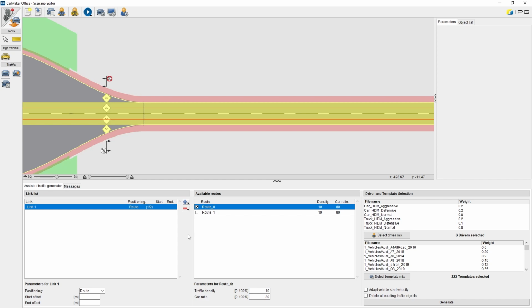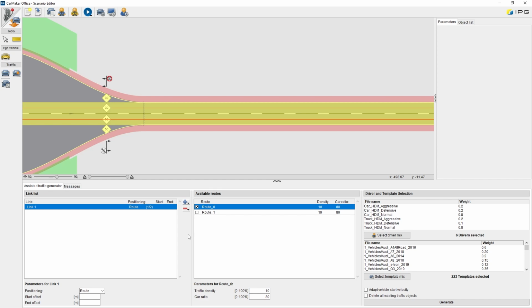The last menu item, Driver and Traffic Object Template Selection, lists the rate. The rate's default values range from 0 to 1. Rate defines the relative amount of times this object is included in the generated traffic compared to other objects. Near 0 means that this object appears less often than other ones. If no driver for the traffic object generated with the traffic generator is defined, the default traffic behavior is used. With the option Adapt Vehicle Start Velocity, you can ensure that the traffic object does not start with a velocity that is unsuitable for the generated traffic situation.